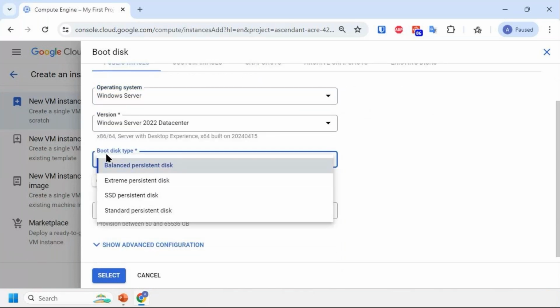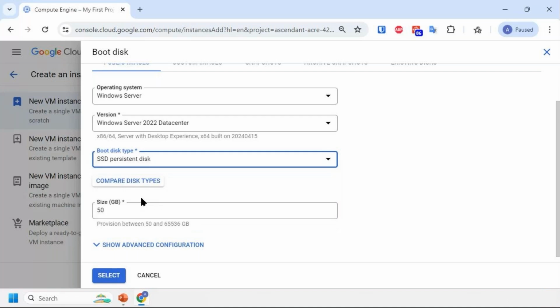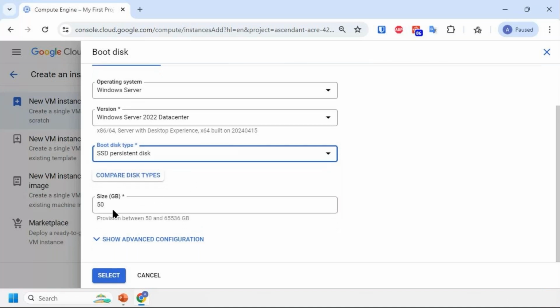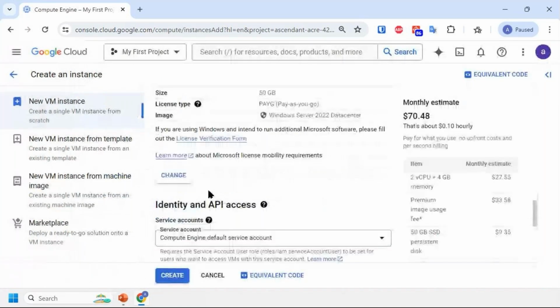Okay, which kind of disk? Boot disk type means that virtual hard disk. I would say a balanced one, or I would say SSD persistent disk would be good. Okay, the capacity of that hard disk which will be created for this particular server should be 50 GB. Select it up, Windows Server. Okay,